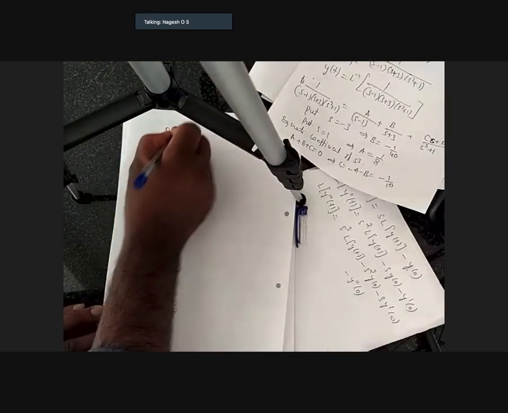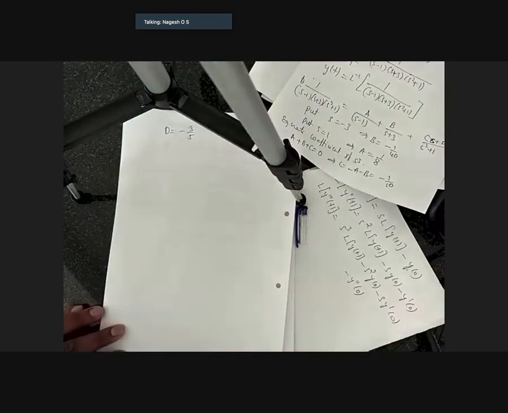Compare the coefficients of s square or constants. You will get d equal to minus 3 by 5. Okay. After getting this,